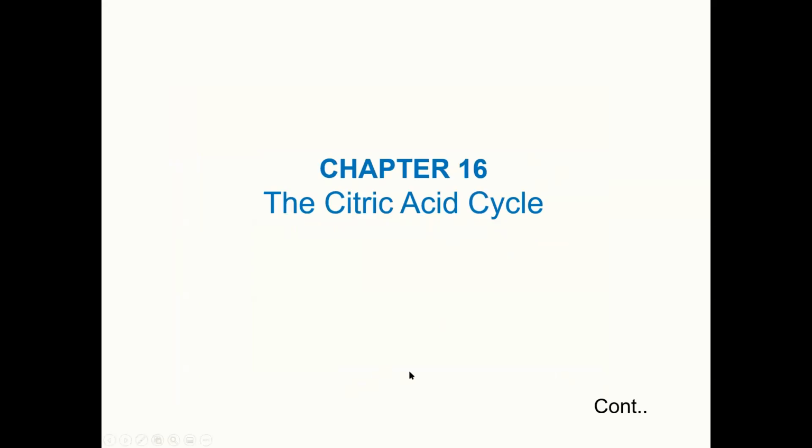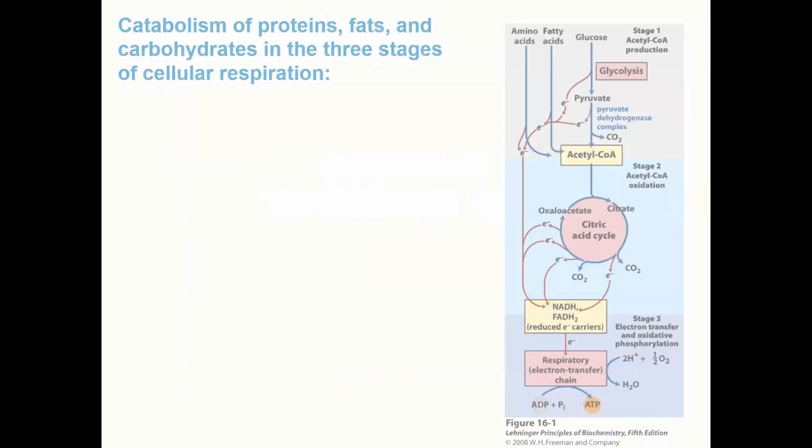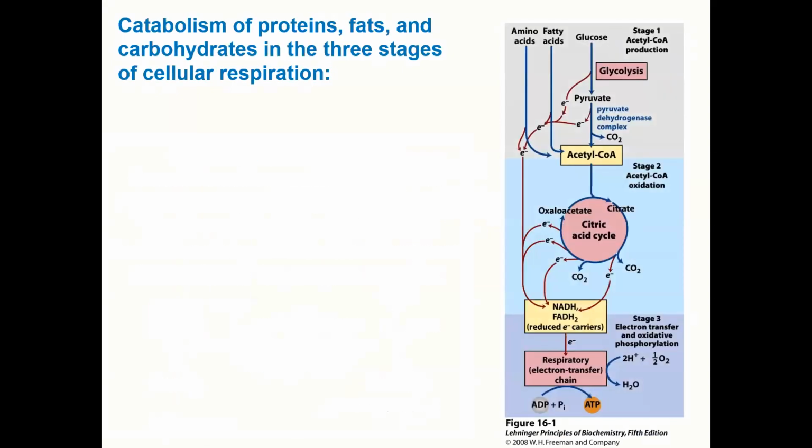This is part two of chapter 16, and in this chapter, we will go over some of the key concepts that we learned in the last lecture on citric acid cycle, and we will also go over some reactions that are connected to citric acid cycle. Okay, and those will be especially in the context of anabolic reactions, reactions where we build new biomolecules starting from smaller precursors.